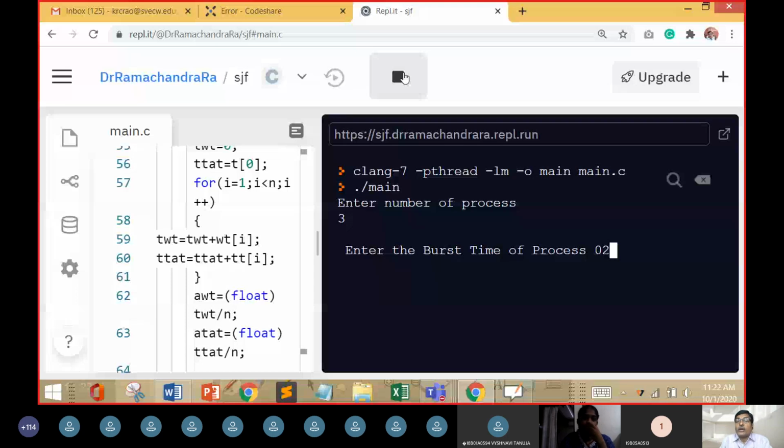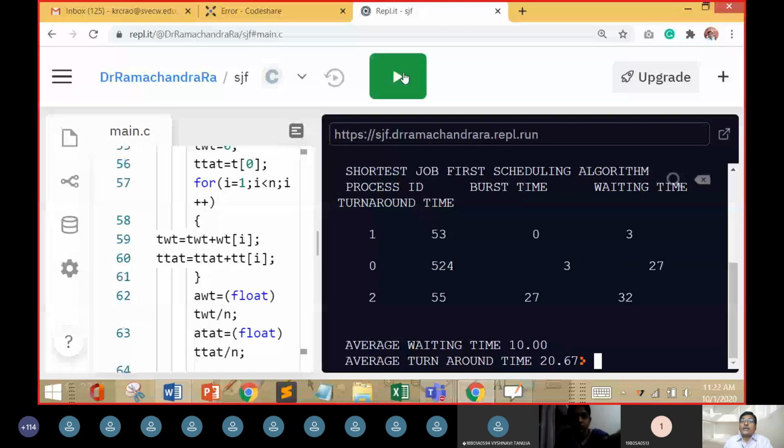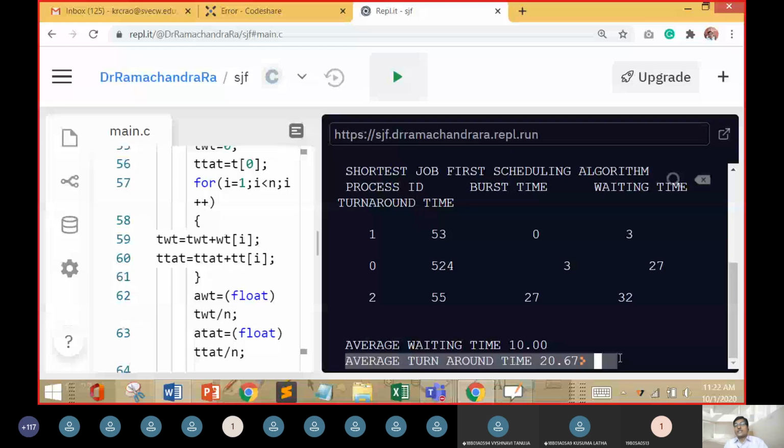So we can see process 1, process 2 and process 3. Then it is shown with its burst time, then with its waiting time, and then with its total turnaround time. So there you can see the average values. You can see that the average waiting time is 10 here, and the average turnaround time is 20.67. So that is how this algorithm is going to execute. So the first law, the logic here was